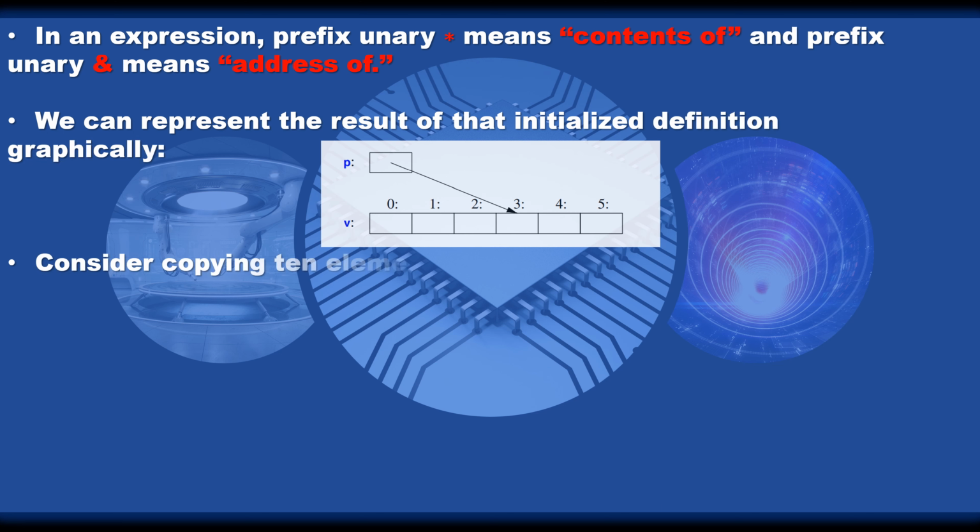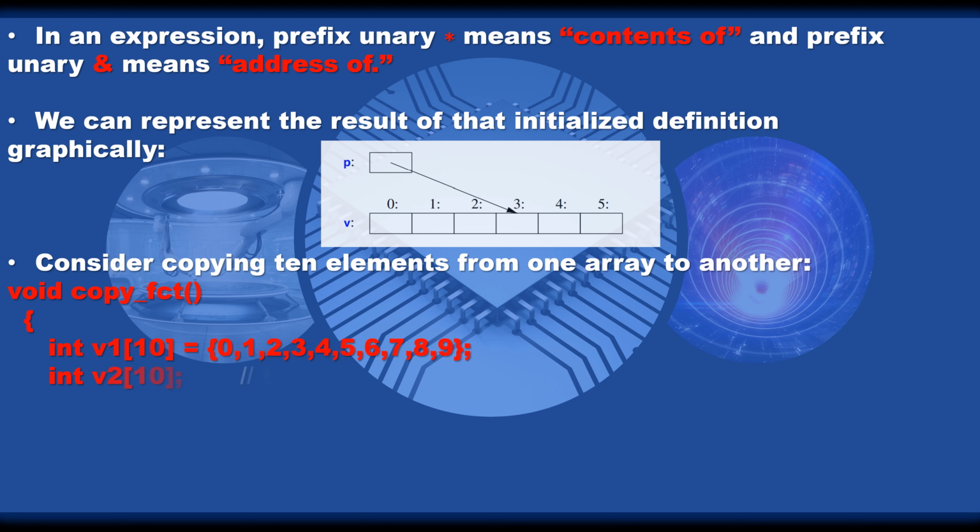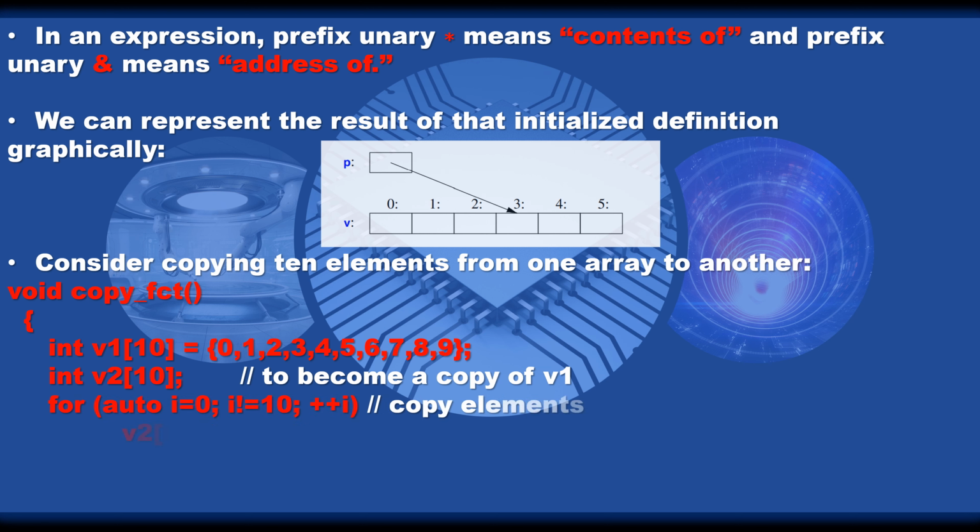Consider copying 10 elements from one array to another. void copy_fct() // declaring copy function { int v1[10] = {0,1,2,3,4,5,6,7,8,9}; int v2[10]; // to become a copy of v1. for (auto i=0; i!=10; ++i) // copy elements v2[i]=v1[i]; // and so on }